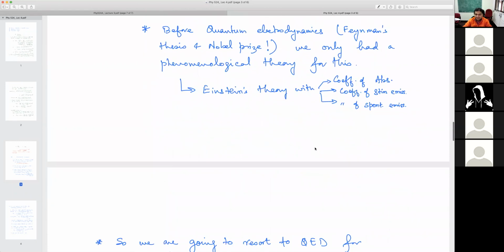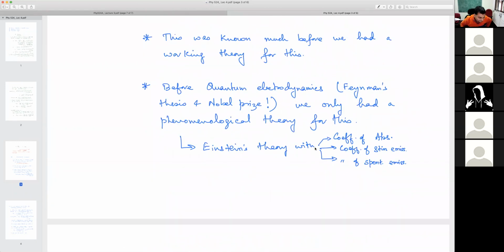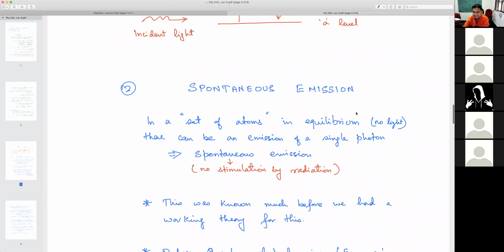about microscopic and phenomenological theories, right? Okay, so let's come back and go on to do this stimulated emission. The major point I made here was that stimulated emission, I can think of from a semi-classical description, but spontaneous emission I cannot think of from a semi-classical framework, and I have to go to quantum electrodynamics. I think that's the major thing I was trying to say.